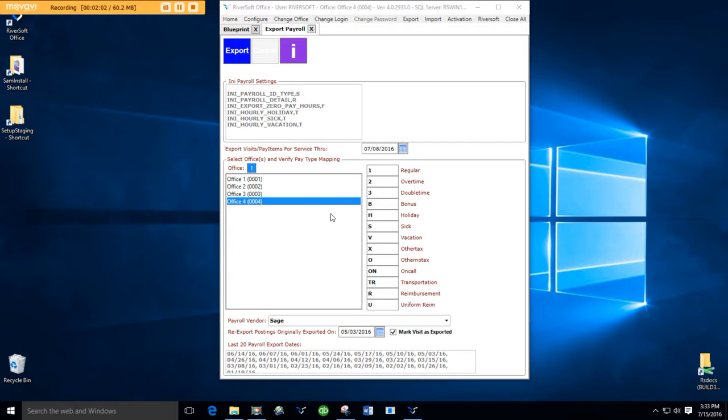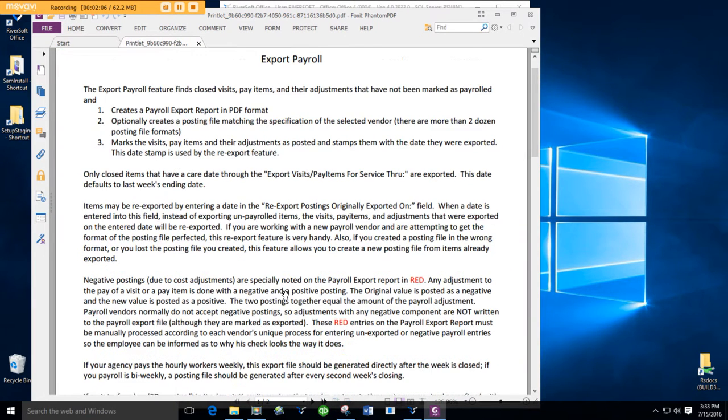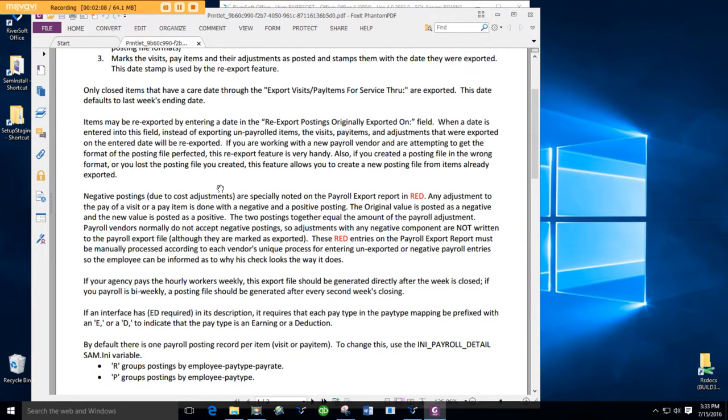Okay, a few words about configuration. I'm going to go to the I button for this. Negative postings. Adjustments are made up of negative and positive postings, and because payroll systems don't like negative postings, we don't send those in the posting file. We put those on the report, and you are responsible to manually take care of your adjustments in your payroll